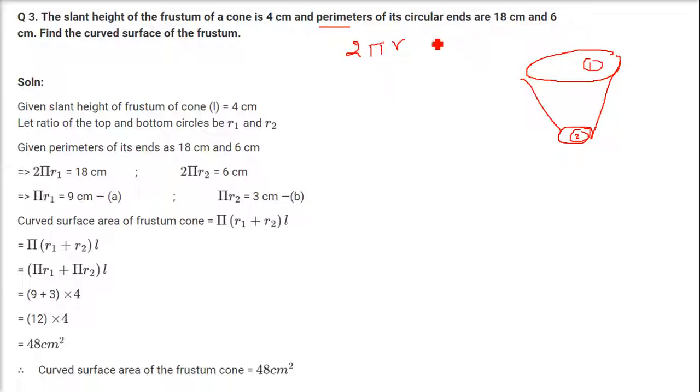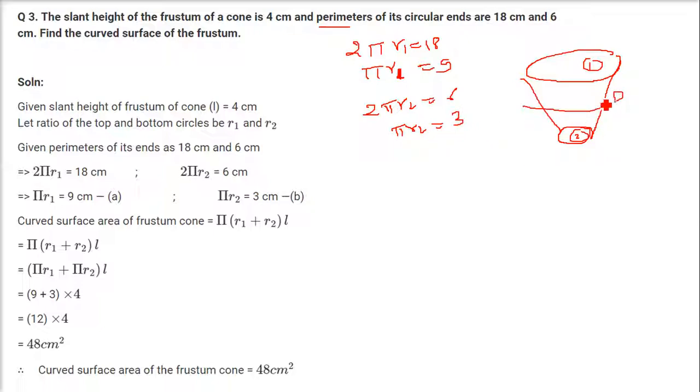So 2 pi r, that is the circumference of the first one is 18. So pi r will be, let us say it is pi r1, and pi r2. Pi r1 is 18 by 2, it is 9. How about the second one? 2 pi r2 is 6. So pi r2 will be equal to